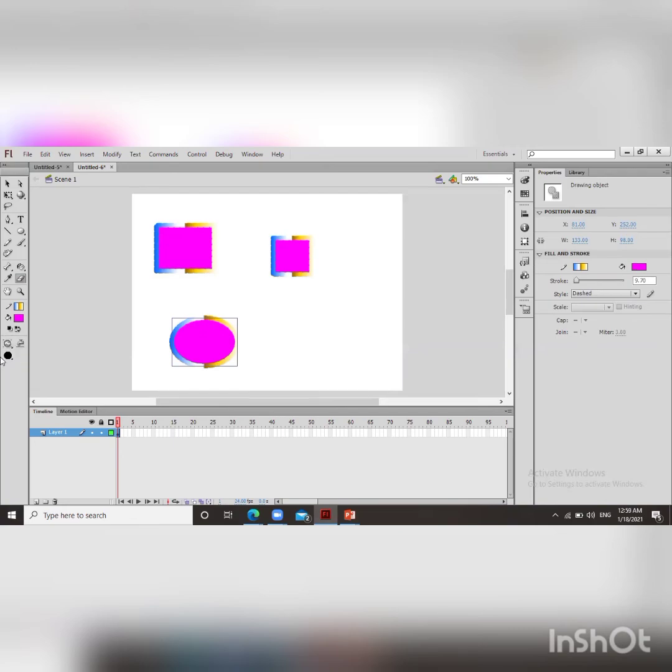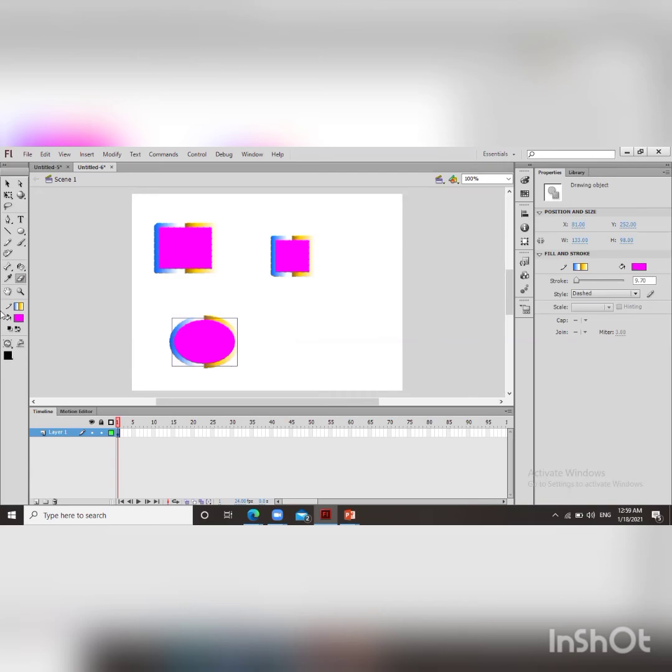One is erase mode, then next is faucet, and the third one is eraser shape. Whenever you click on the eraser tool, at the bottom of the tool panel, these three modifiers of eraser will display. The eraser shape, as the name indicates, will display the different shapes. You can see the different shapes and sizes there. According to your requirement, you can take any shape of eraser. If you want to take the square form, it will be available. So like that we can take it.